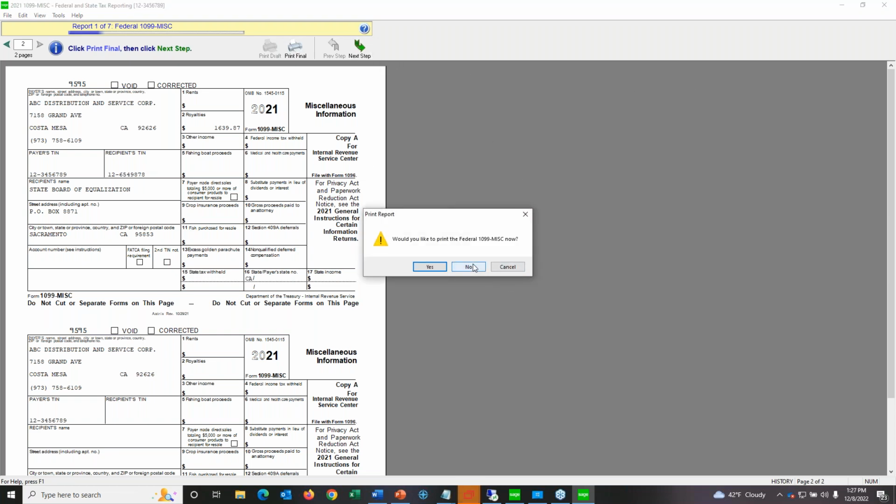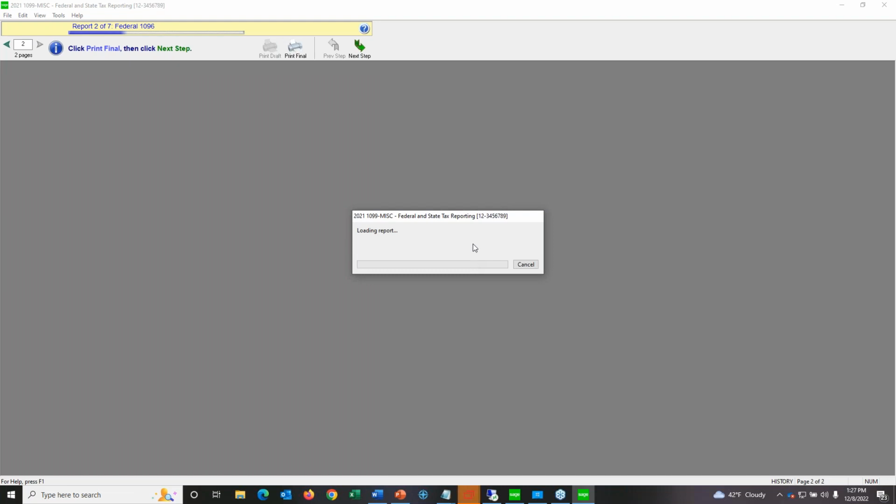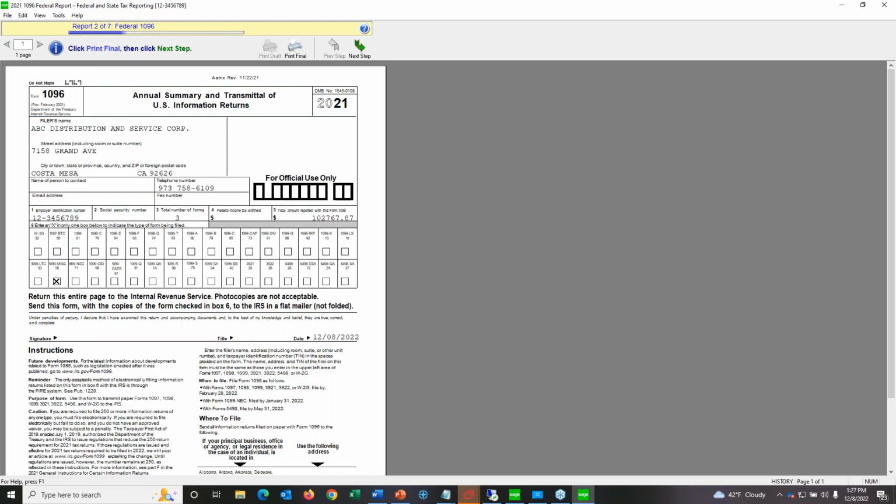I'm going to say next step, and I'm not going to print them right now, but obviously you could print them. Some of my clients run through this the first time just to print them so that they can review all the information before they finalize everything, and that's fine too. Here's your 1096 for the federal government with your totals on it. When you print next again,